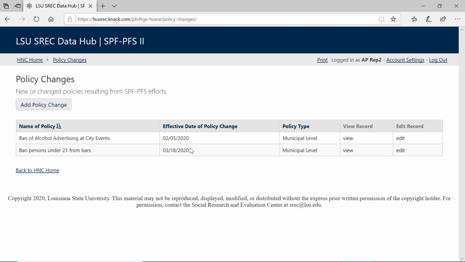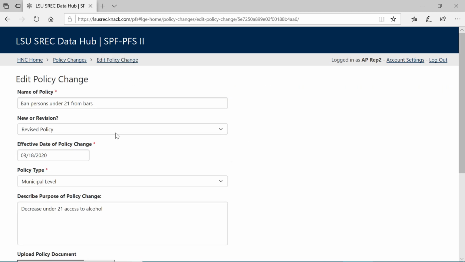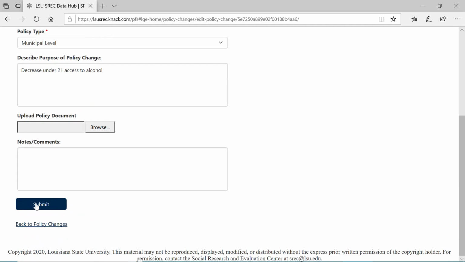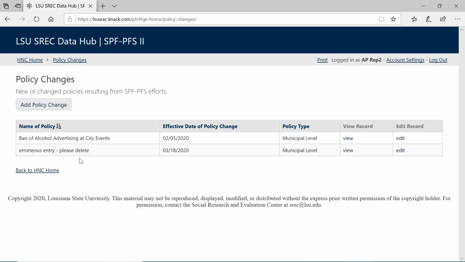If that happens and you just want the entry deleted altogether, all I ask you to do is to go in and edit, and whichever is the main field for this one, it's the name of the policy, go ahead and type something in like erroneous entry, please delete, or something like that. Something that says, please delete, duplicate, please delete. And once I see that, as I'm going through data every now and then, I'll go ahead and delete that